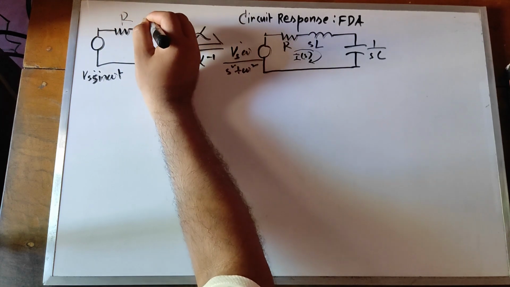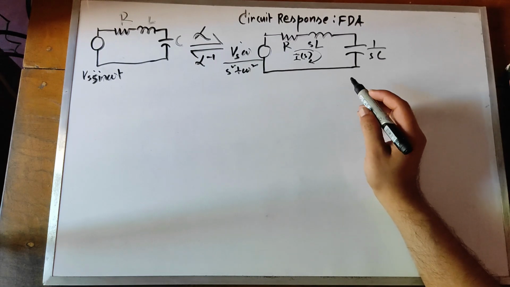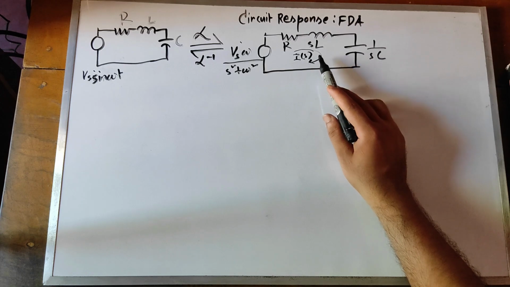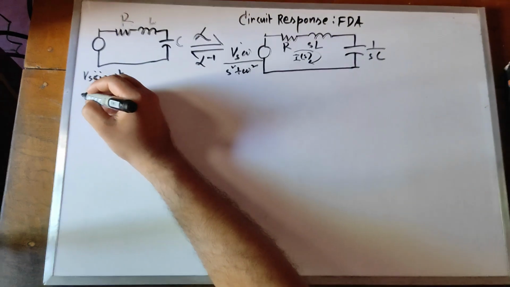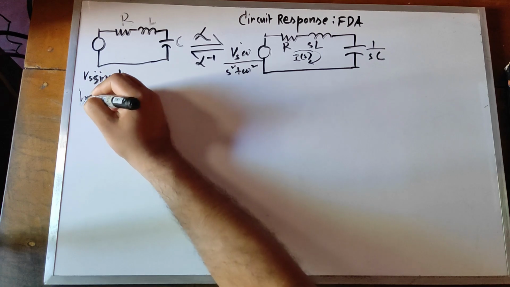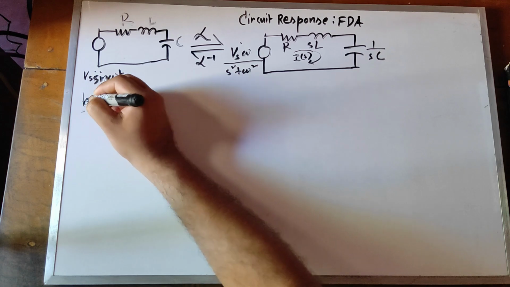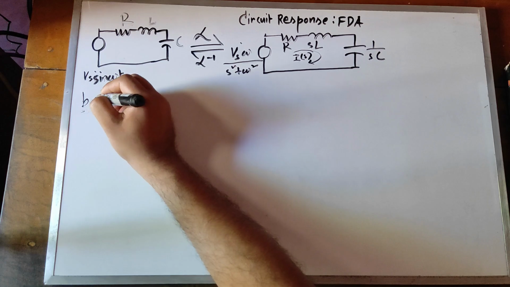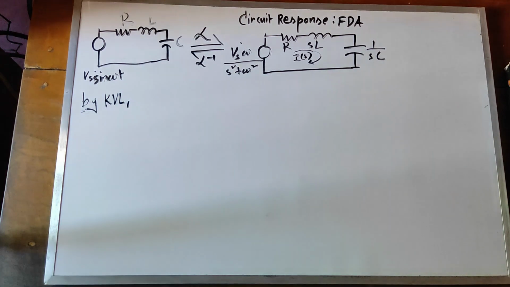the RLC circuit becomes like this. It is linear, but the L and C are transformed. So the inductor has sL and the capacitor has 1 by sC. What I'm going to do is apply KVL, because this is a linear transformation, and in the Laplace or complex frequency domain, KVL and KCL are valid. So by KVL